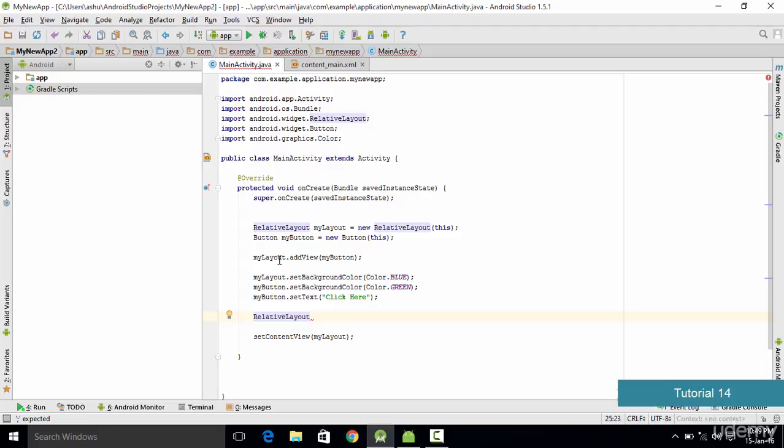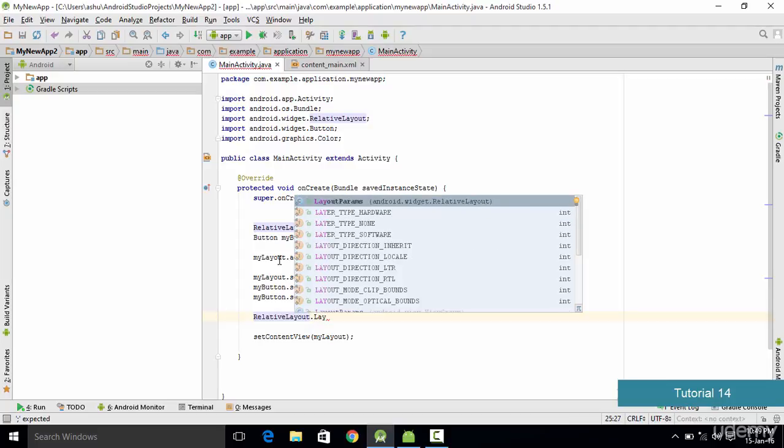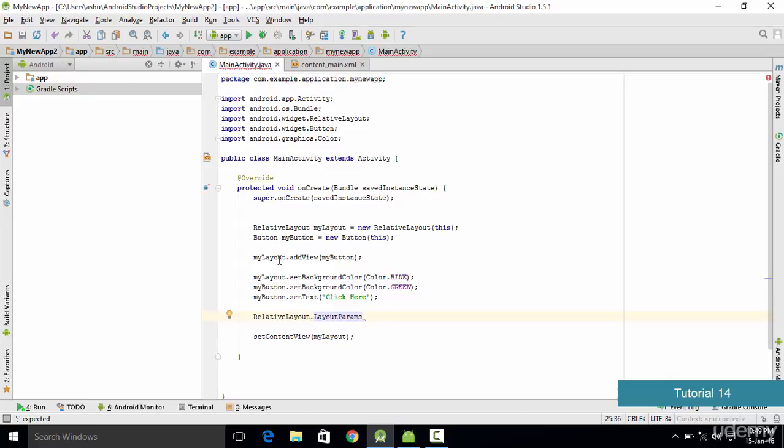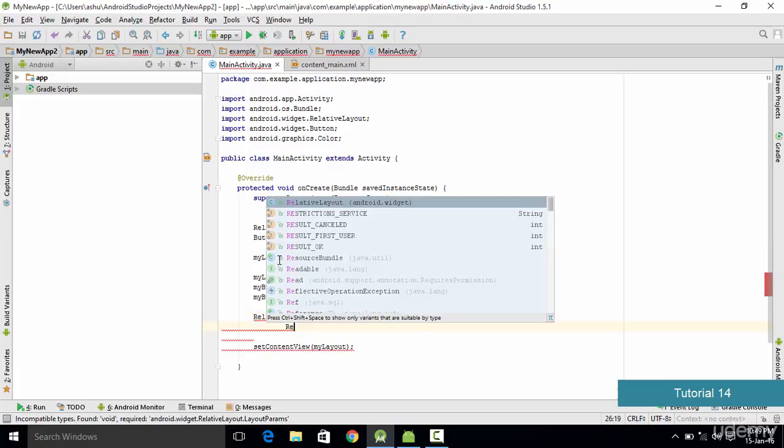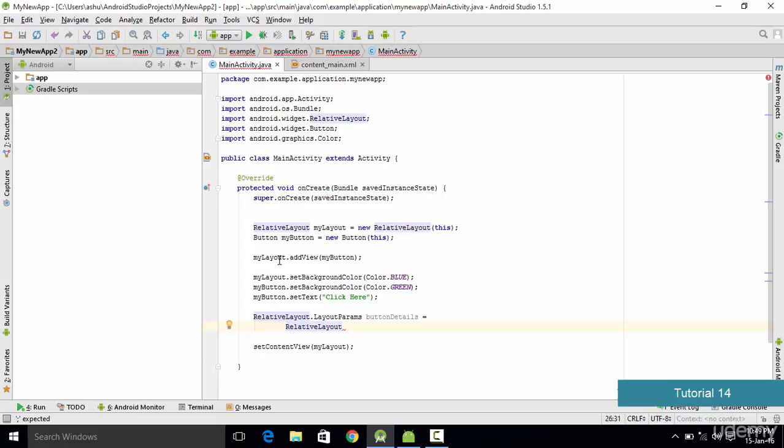So we type RelativeLayout, then we type dot LayoutParams, and this is going to be the layout parameter, where we specify the widget which we want to use, and then specify its layout. Params stands for parameters. Now the next thing we need to do is mention the widget for which we are using this. So let's name it buttonDetails, as we are going to set the layout for buttons. So we type buttonDetails, and then we type equals,